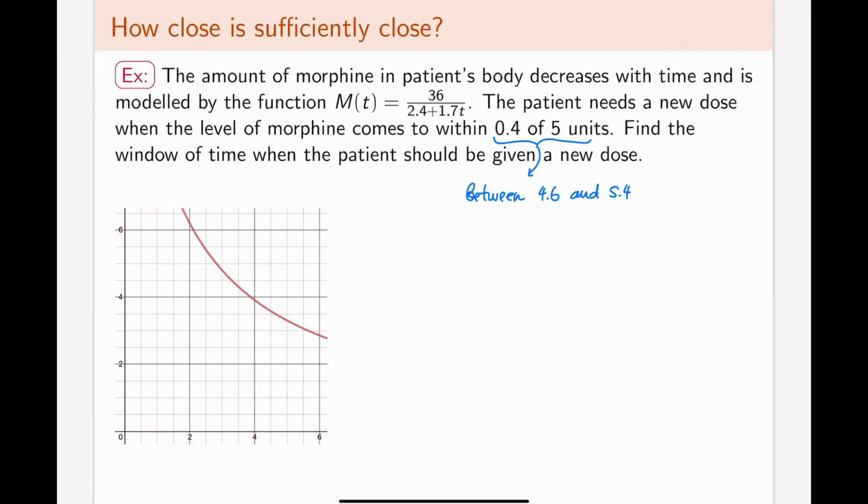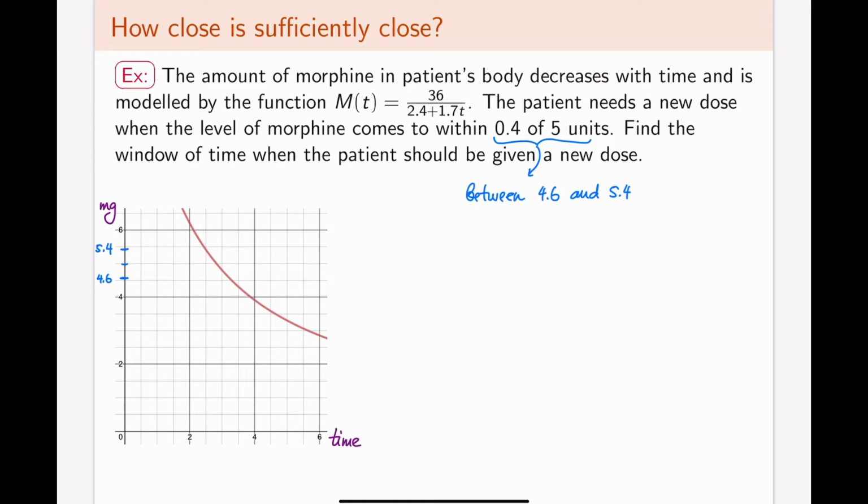So what I have on the graph here is the graph of this function. My x-axis here is time, and my y-axis here is the milligrams of morphine in the patient's body. Now I need to be within here, and that is of course in milligrams, so these are my values for where I need to be on the function in terms of the y-axis. So if this is 5 right here, I need to be within 4.6, so somewhere from here, and 5.4. So up here, right? I need to be within this window in order to re-administer the dose so that the patient is still